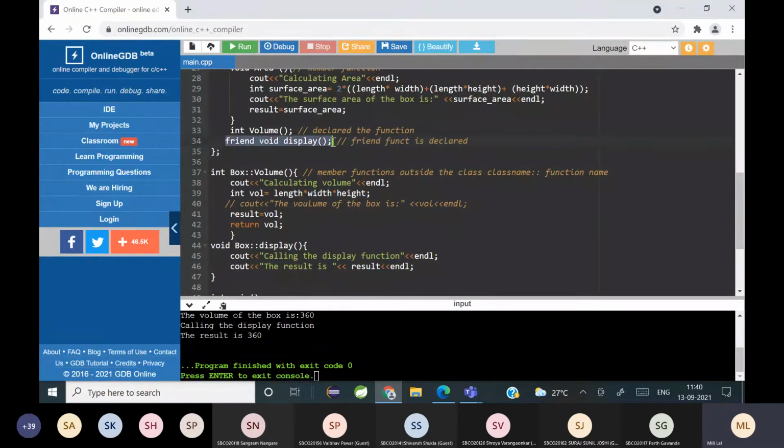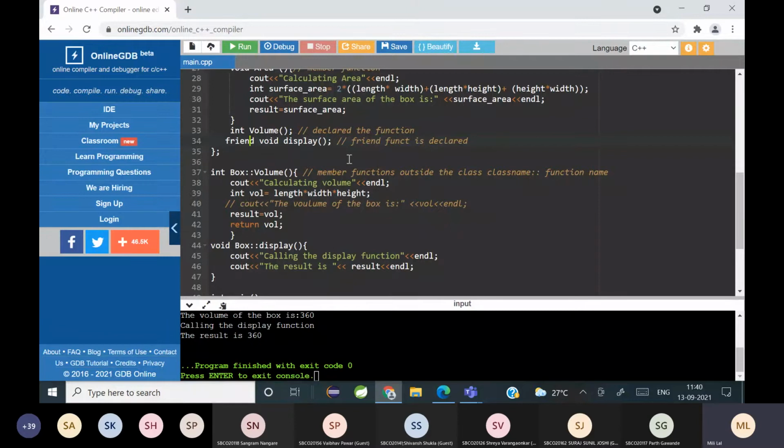If you can see line number 34, can you all see? Friend void display. So I'm converting the display function to friend. Saw the first change? Can you all see it? Yes, ma'am.